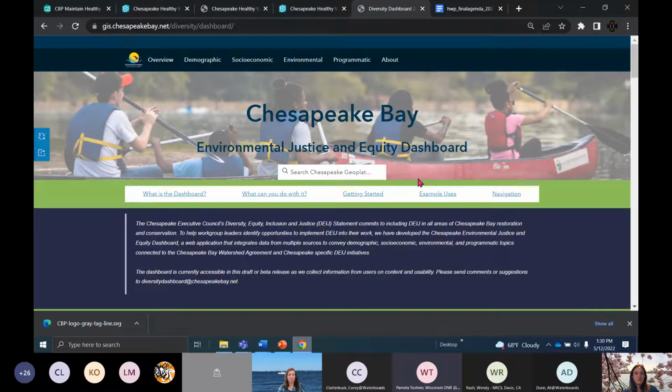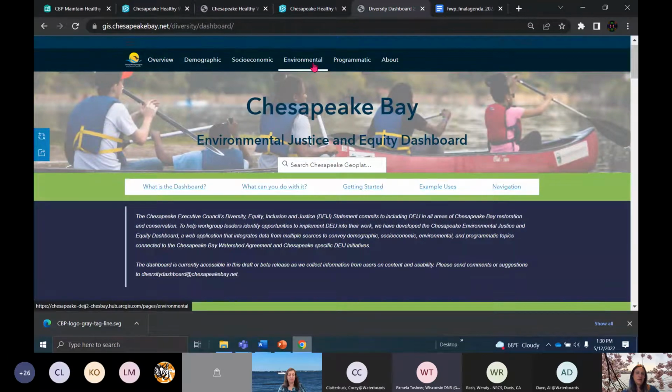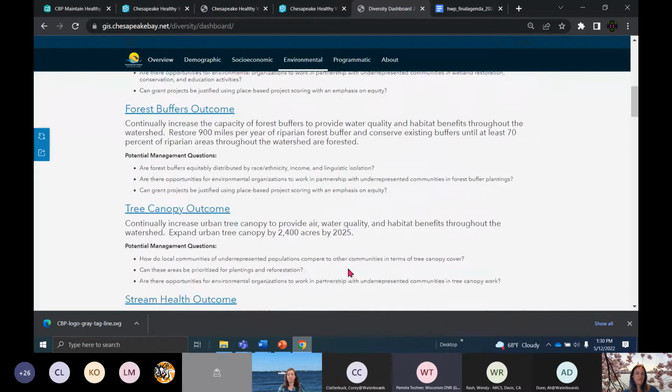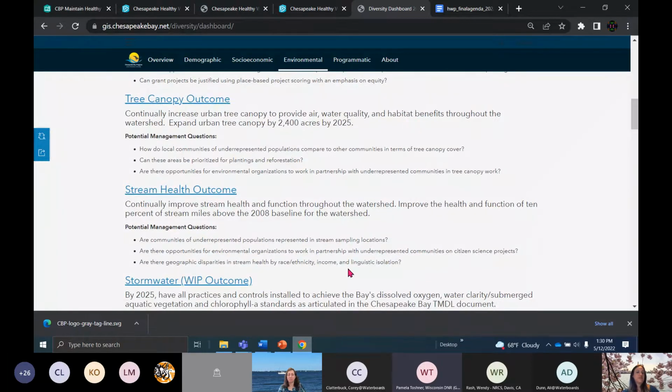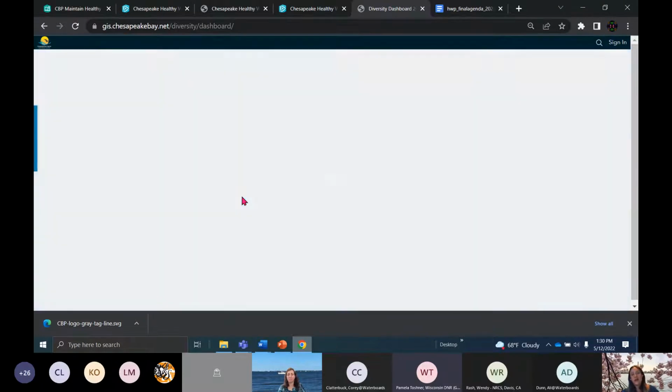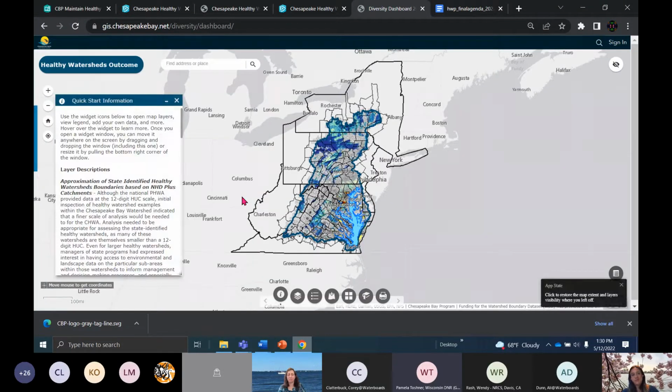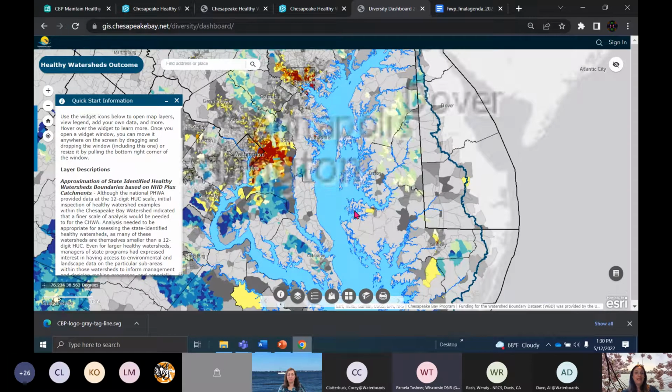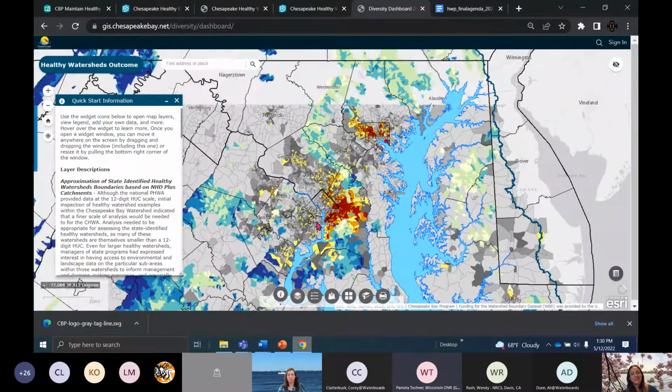So we have this diversity dashboard, and I can go down to environmental here, and we've got a few different ways in which different outcomes can be associated with these types of demographic information. A lot of this information is pulled from EPA's EJ screen, which is all derived from census data. Census data is generally at the block group scale, and we're working at the catchment scale, so it makes it a little more challenging to create catchment metrics of these types of indicators. But we have done, and what Nancy showed you